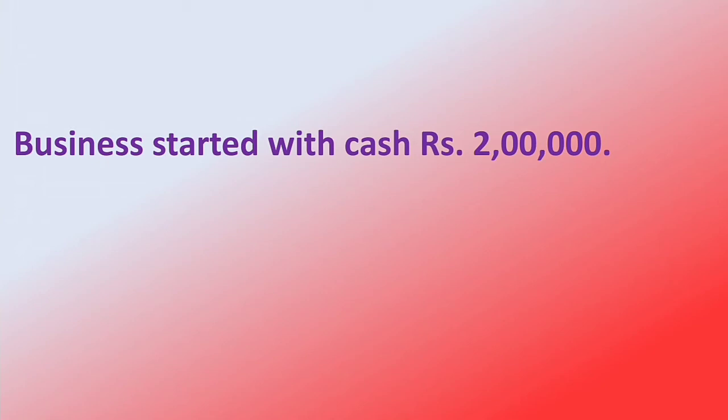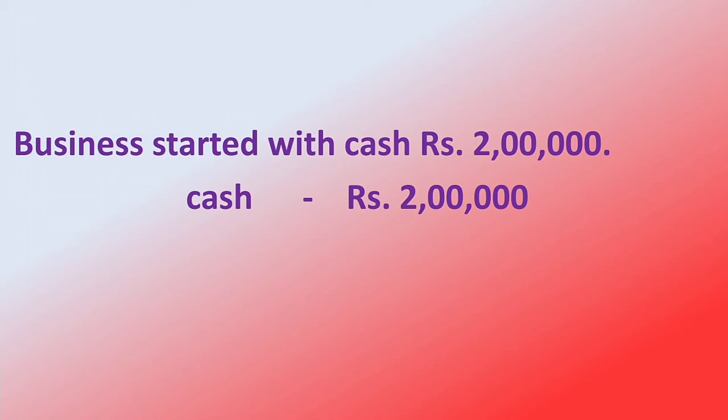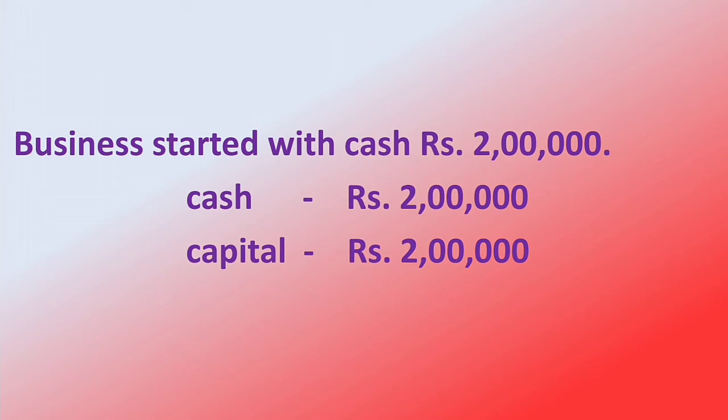Business started with cash rupees 2 lakh. Means the proprietor invested 2 lakh cash in the business. So, the cash balance is increasing. Then the first aspect to be recorded here is cash. And the investment by the proprietor in the business is known as capital. Capital is a liability for the business because of business entity concept. The business incurred a liability. Then that aspect also must be recorded. Then the next aspect is capital. So the two aspects or the two accounts to be recorded here are cash account and capital account, both for